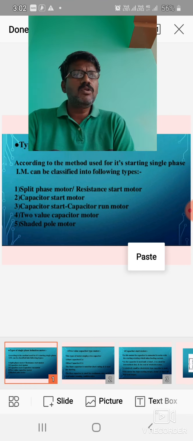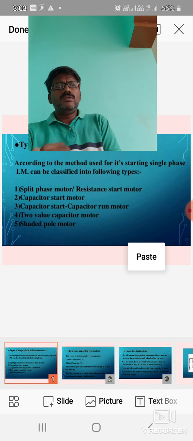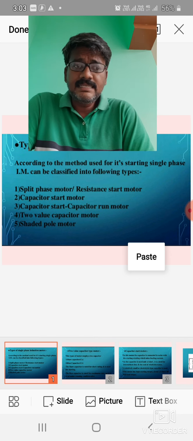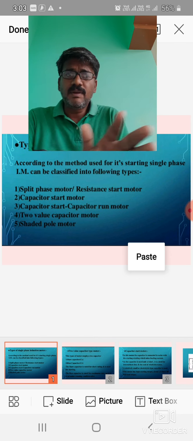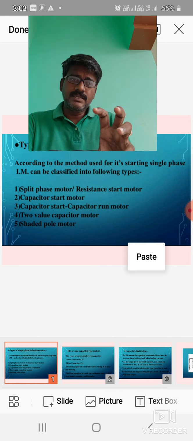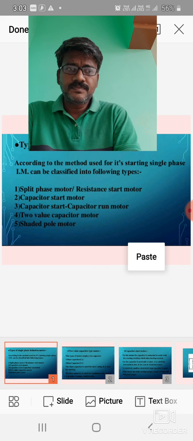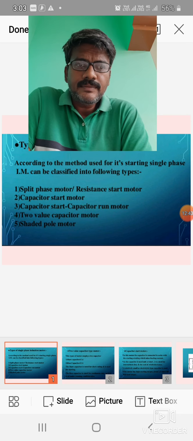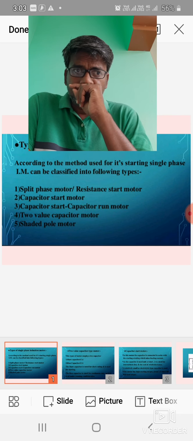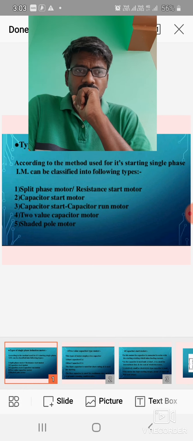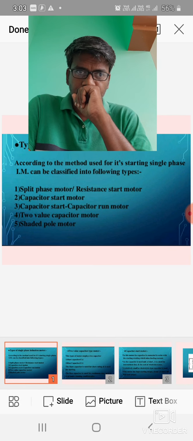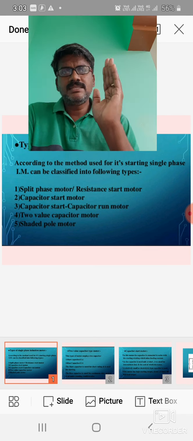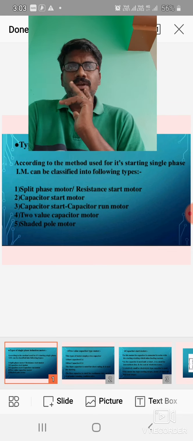And the next one is the shaded pole motor. It is very small, and this type of shaded pole motor is used in toys. Again it is a split phase type, and the rotor is a squirrel cage type. In that case, instead of providing a resistance or a capacitance to the auxiliary winding,